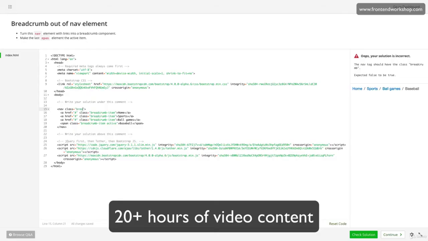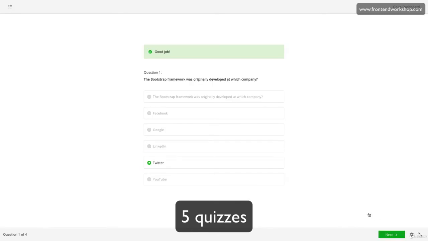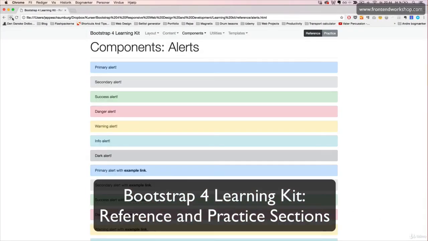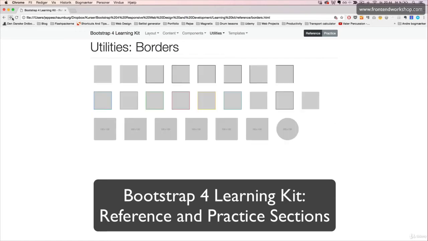In addition to close to 20 hours of video-based lectures, you'll also find 70 coding exercises, 5 quizzes, and a custom Bootstrap 4 learning kit with a reference and a practice section, which you can download and use when you're